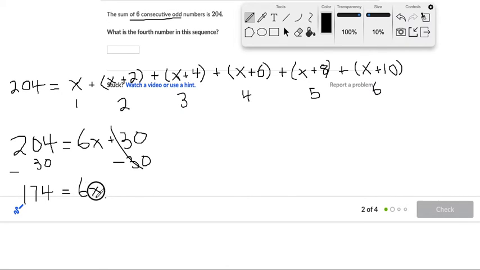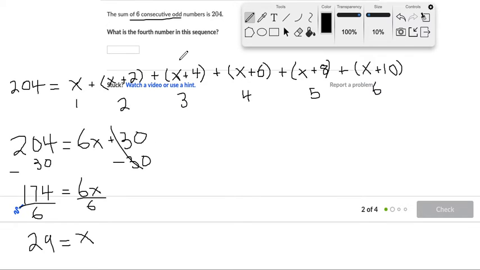X is being multiplied by 6, so we'll divide both sides by 6. We'll get 29 equals x. Okay, now, just like on the last problem, we have to be careful because 29 is not the